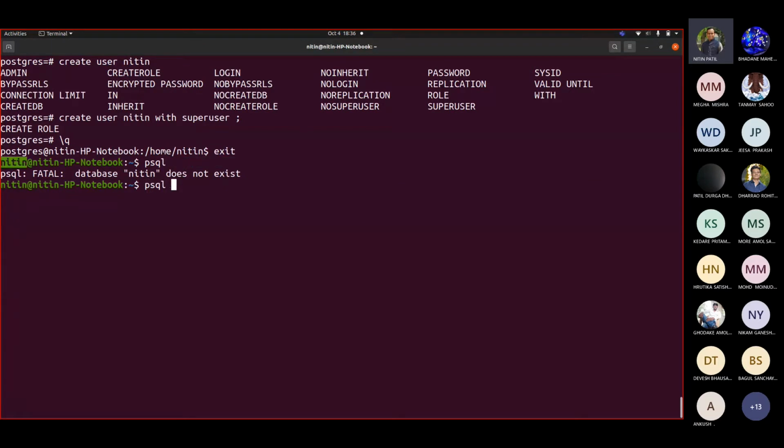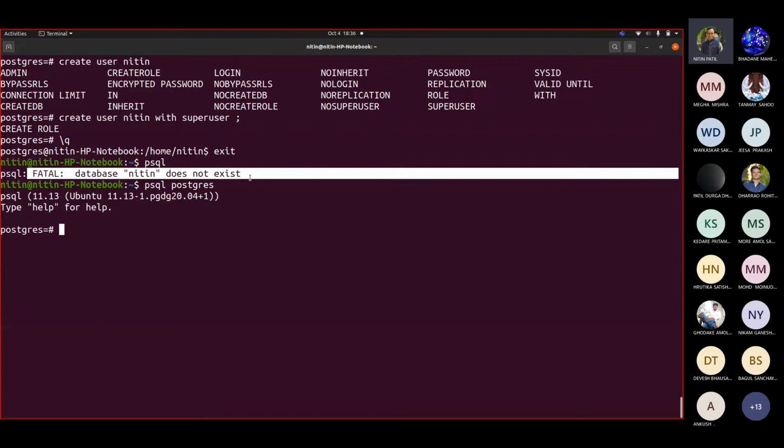Now if I have to work with Postgres, I simply will write this. Correct. So if I don't specify any name, it will assume that the user that you logged in with, the database name is going to be the same. If it is not, then it should throw an error on your terminal, database does not exist. Fine. But as I said, we are not going to work with Postgres. So what exactly should we do then? Let us go back to Postgres again. Though we created Nitin to be super user, we are not going to work with that right now. Fine. Okay, now you write again PSQL.